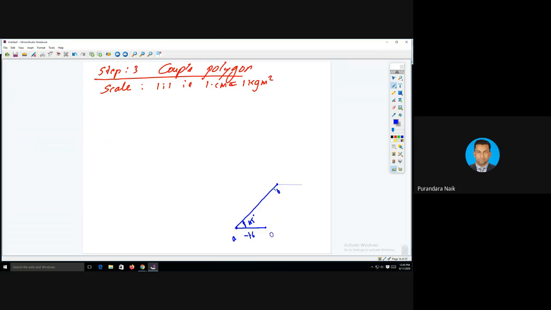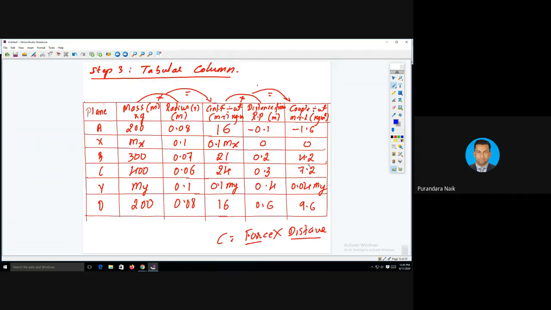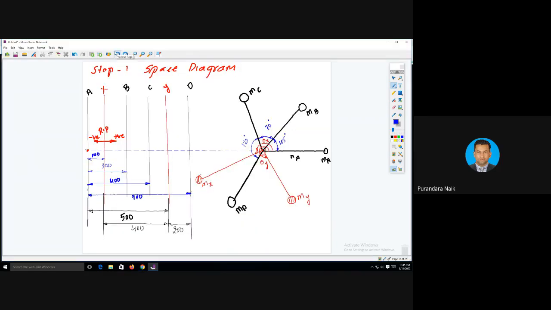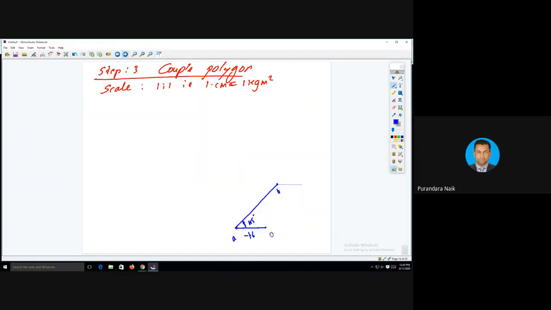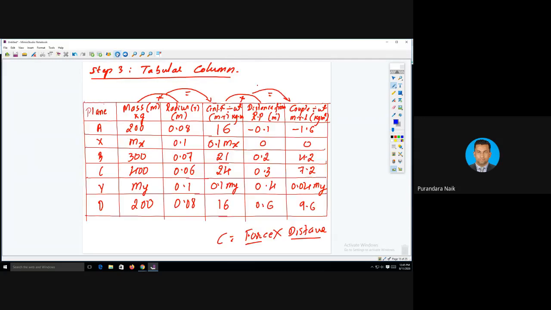to the next mass, that is C, MC, that is 7.2 length. Length is 7.2, but the angle is with respect to A. It is not with respect to B, with respect to A. With respect to B it is 70, but with respect to A, 70 plus 45 degree, because A is a horizontal line. Whatever we have marked here, it is this line. So that's why we need to measure from A.